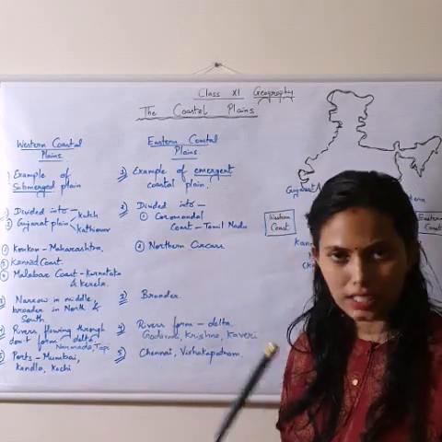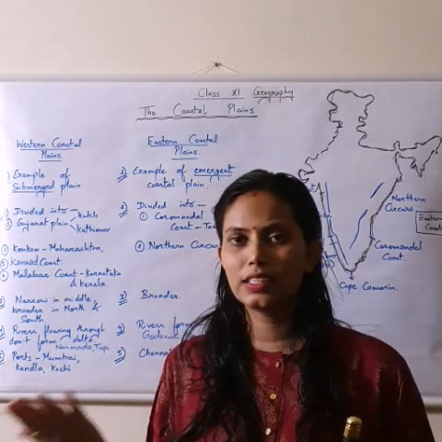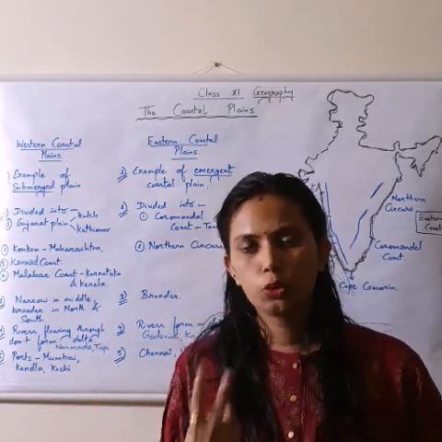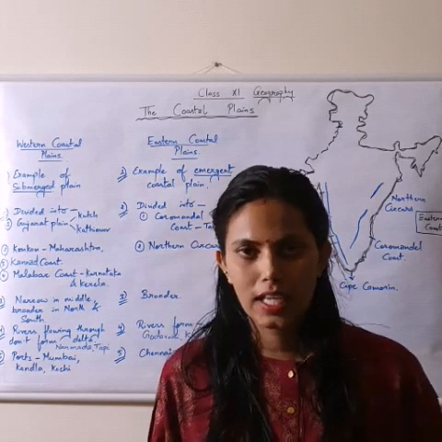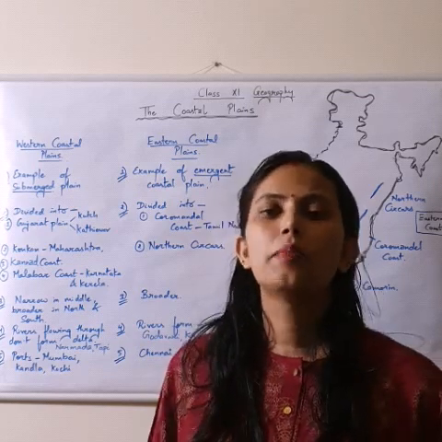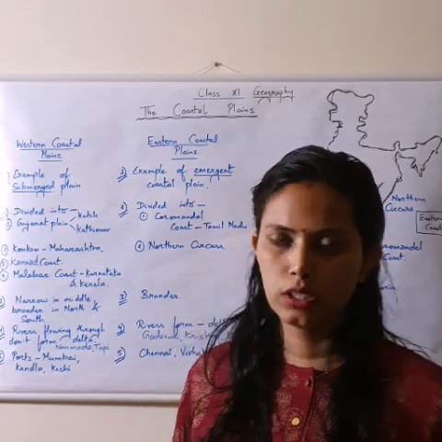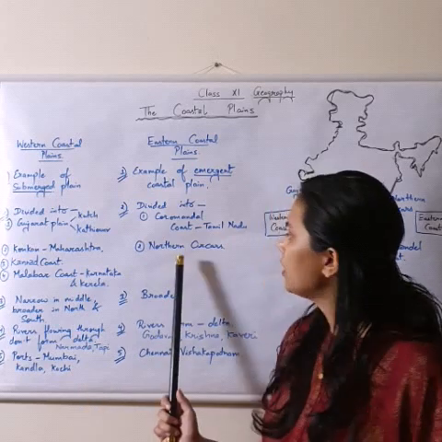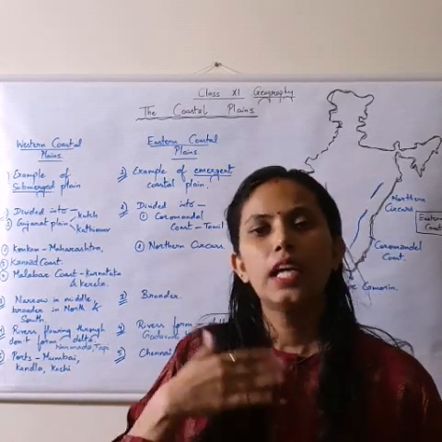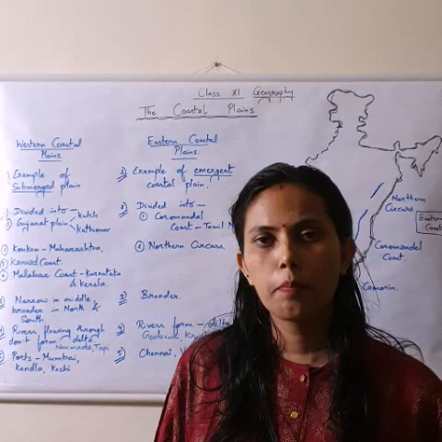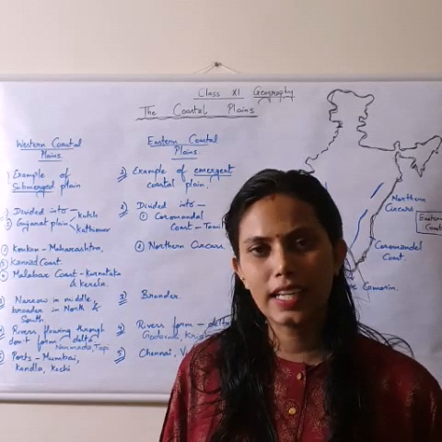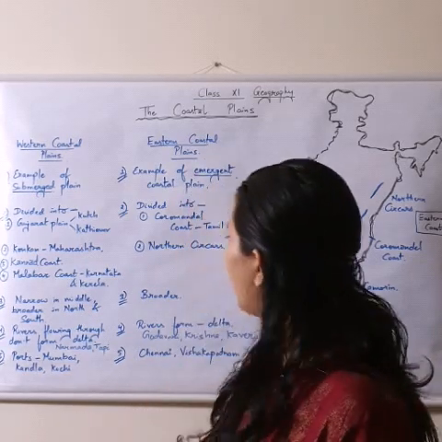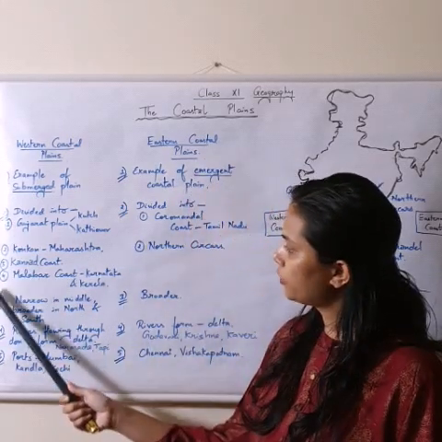Here, the eastern coastal plain, the other side of India towards the eastern side, is subdivided into 2, where the state of Tamil Nadu is. That part of the eastern coastal plain is called Coromandel coast. Look here, Coromandel. And the part in the north of Coromandel coast beyond the Krishna river delta is called the northern Sircars. So it has 2 subdivisions, this has 4.